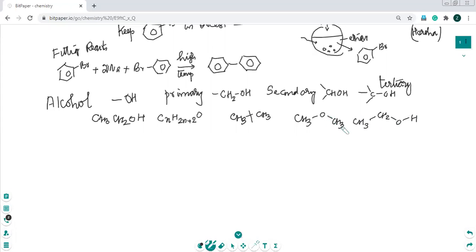Overall the number of hydrogens in the molecular formula does not change. Or I can break a bond here, make CH2 and H, and then insert an oxygen. You get alcohol. This is called ether. So oxygen is divalent. Since oxygen is divalent, you can insert oxygen anywhere without affecting the number of hydrogens in